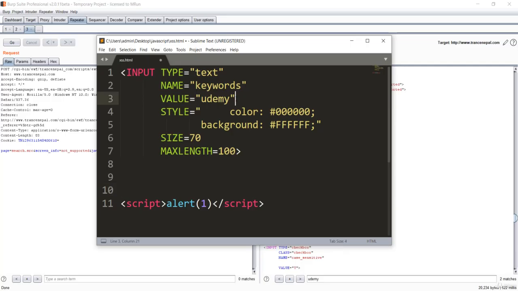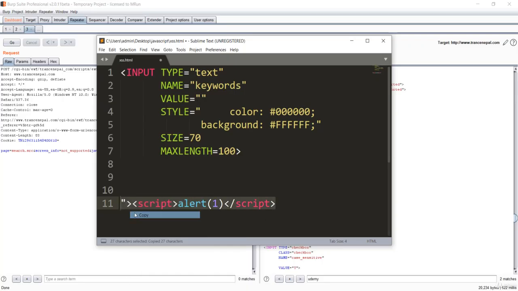But you could see we have to first close this value field because it is reflected over here, and we don't want our script to be executed inside this input tag. So first of all, we have to close this value field. One double quote will just close this value field. That means this value will be empty now. And after that we have to close this input tag also. So I'll just close this input tag. Now we can execute this payload.